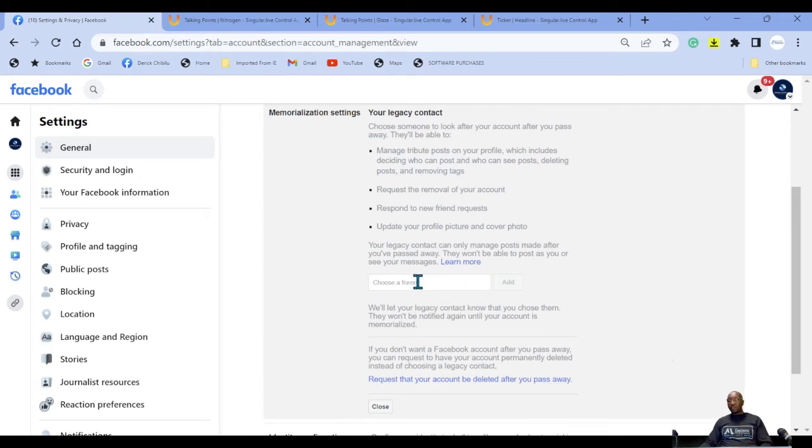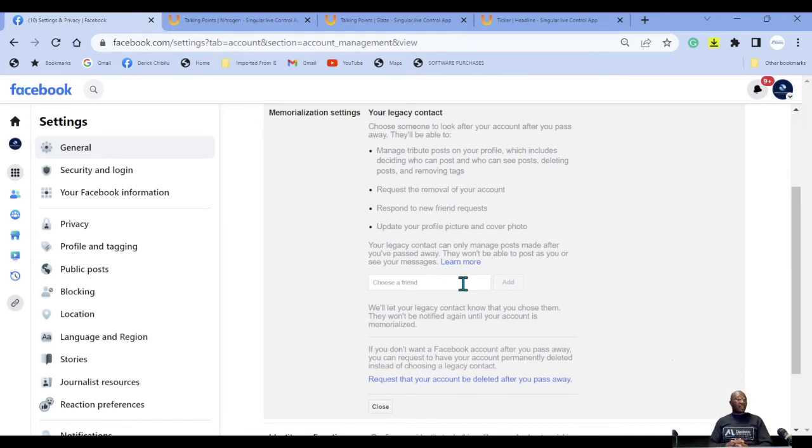So what happens is you have to type a person here that is also on Facebook. So you type their name here, and Facebook is going to send them a notification to let them know that you've added them as your legacy contact. So if you're married, I'd encourage you to put your spouse here so that when you pass away, obviously you don't have time to do this.